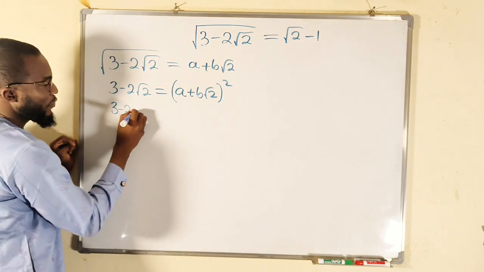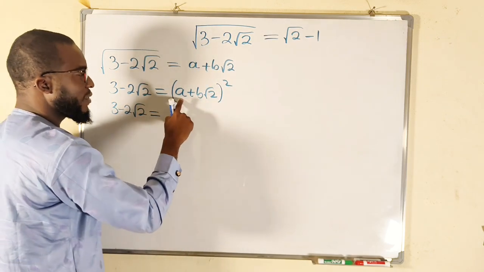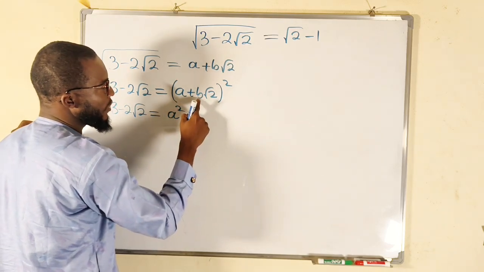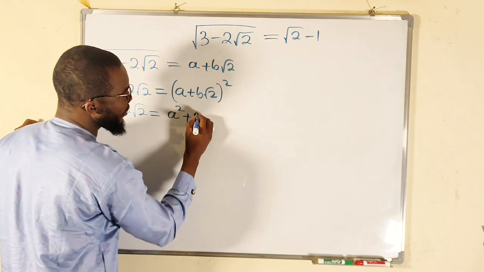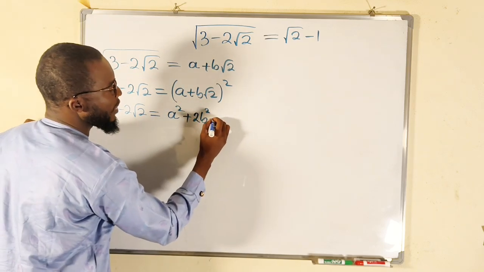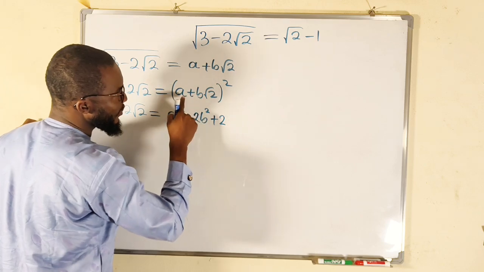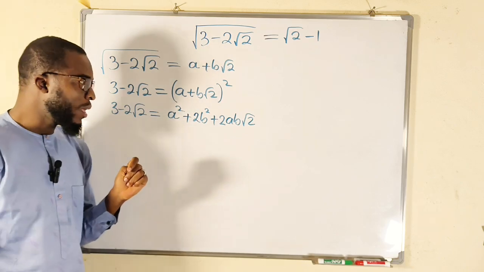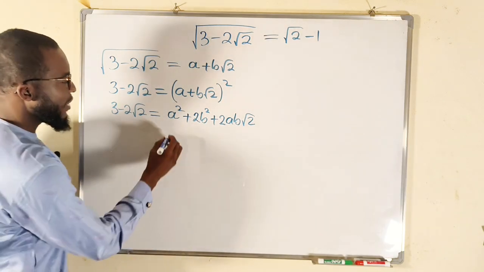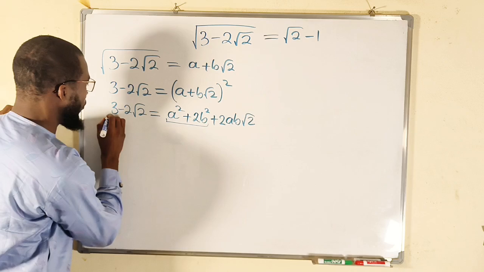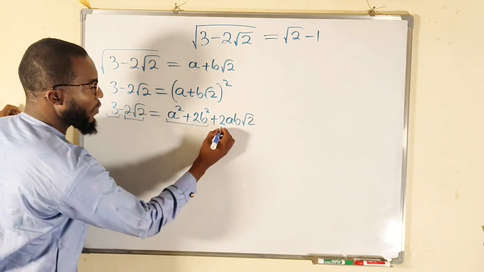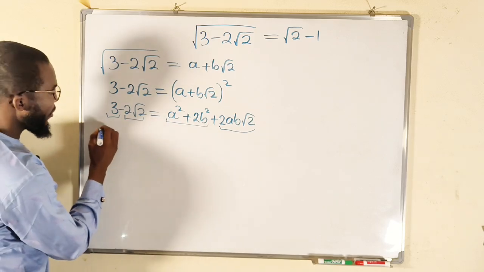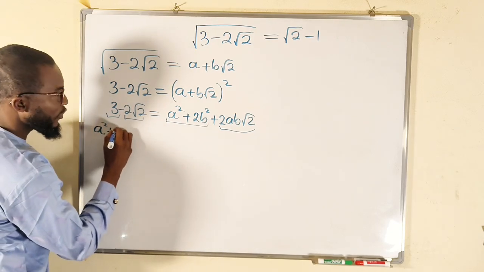This is 3 minus 2 root 2 equal to first term squared, that is a squared. Second term squared, this is b squared. This is 2, that is 2b squared. Then plus 2 times this, 2ab root 2. This is the expansion. Then if you observe, we can relate this with this, right? And this with that. We're going to equate them, which implies that the whole of this a squared plus 2b squared,